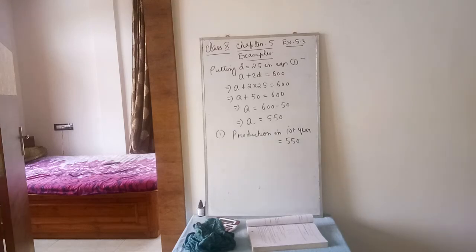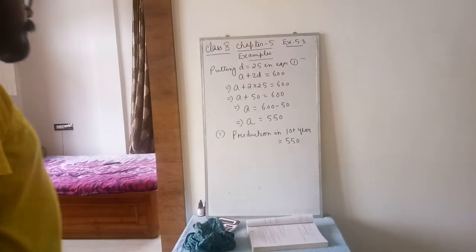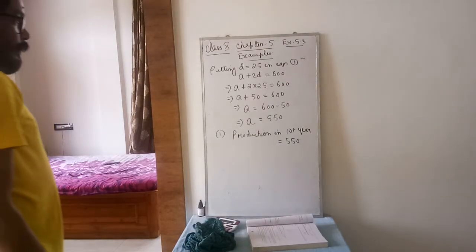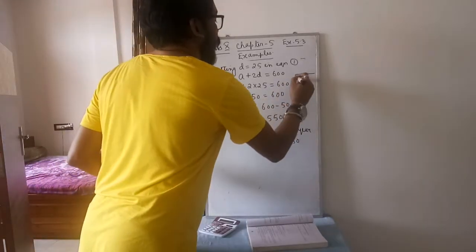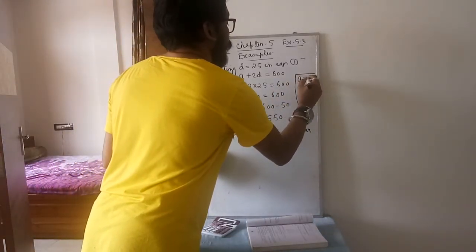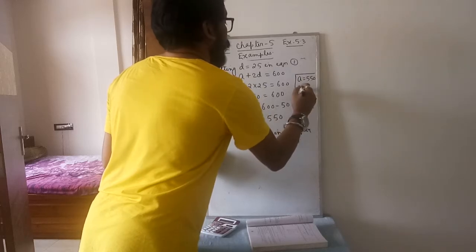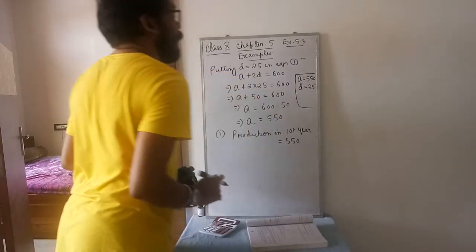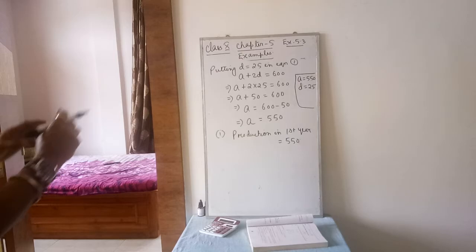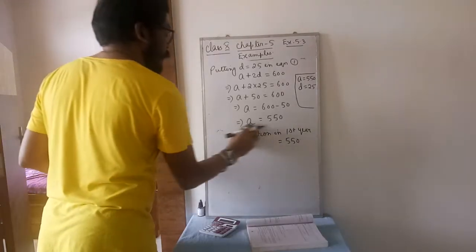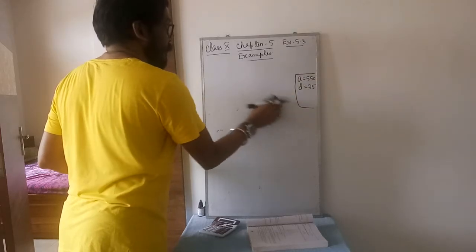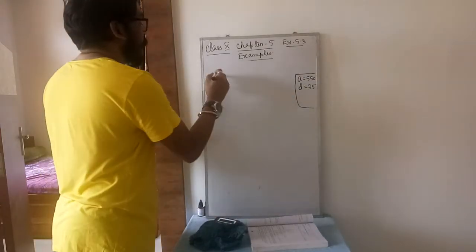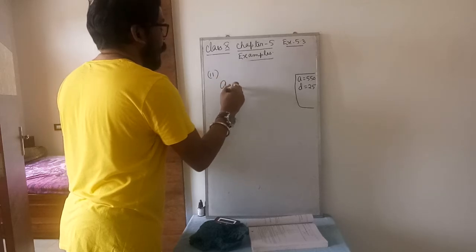Okay, take the screenshot of this. So you got production in first year. Clear? So D value 25. I am writing it just here on the side, otherwise I will forget. So D equal to 25. For my future work I am writing it inside. So production in first year you got. Now you have to find out production in the 10th year. So A10, Roman number 2, A10.